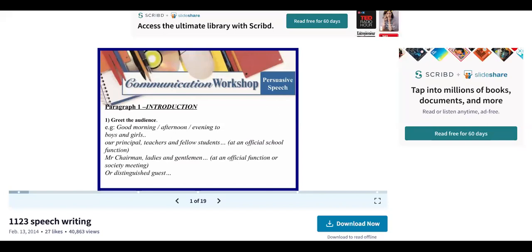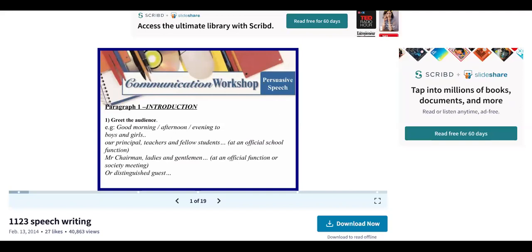So the first thing that you need to know is that your introduction is what is different, because you are supposed to introduce yourself. In the letter, you weren't doing that. You were starting from a mere "Dear", and then you started talking about anything related to your relationship with the person you were writing to. Maybe in a formal letter you would tell that you are a resident of a certain area, but other than that there was no fixed introduction, whereas in this scenario there is a fixed introduction. They have given an example over here.